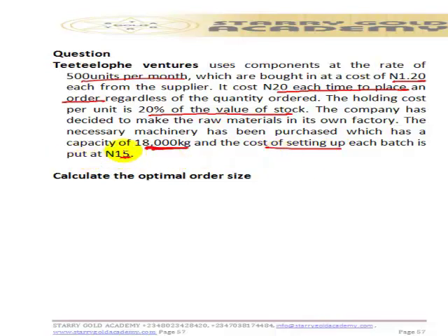batch is 15 naira. So it means that in this question, our annual demand D is going to be 500 units that are used per month, and in each year we have 12 months. That's 6,000. Now, why am I multiplying by 12? Our D is annual demand, but we are giving monthly demand, so we need to convert it to a year. The next thing I need is the setup cost, which is given as 15 naira. Our production runs, facility can produce